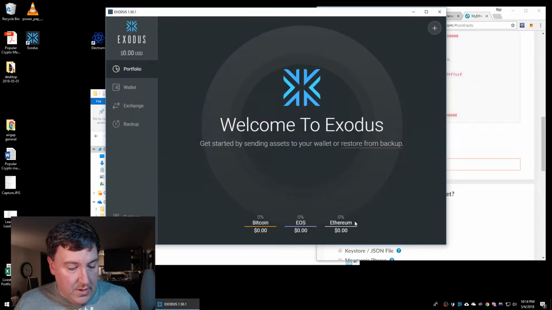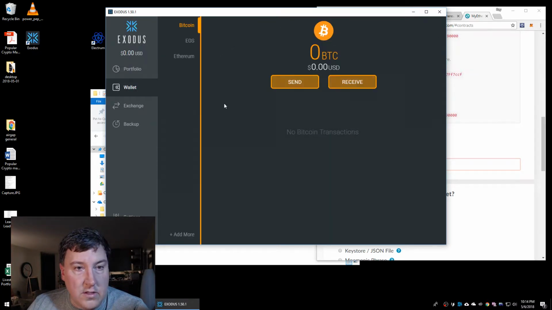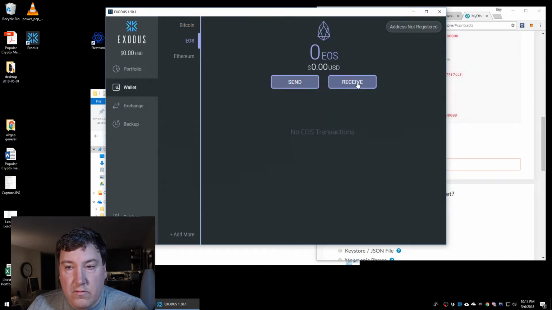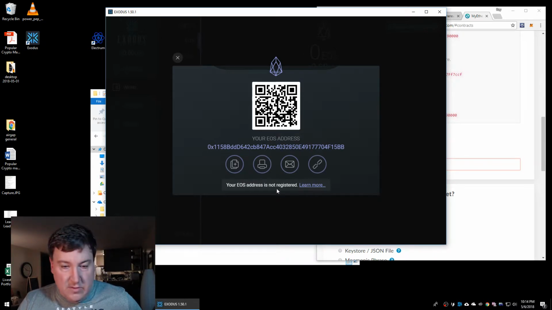Alright, so now we can transfer over our EOS. So let's go into Wallet, EOS, Receive. This is my EOS address. They're warning me that it's not registered, which is the whole point of this. We're going to learn about registration using this wallet. So the first thing I'm going to do is send some EOS to